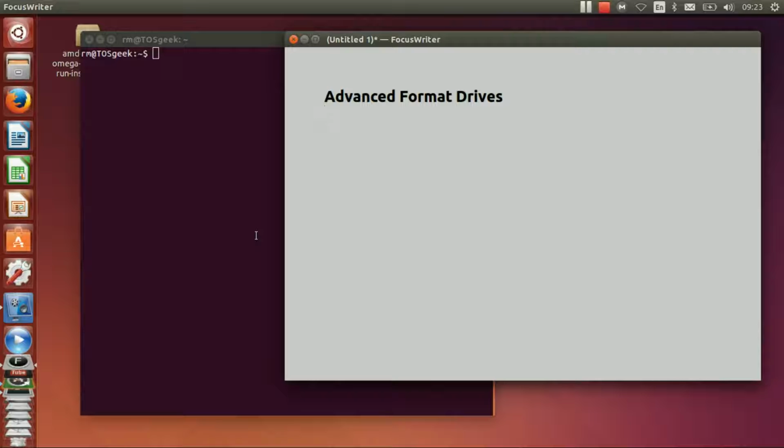The reason I wanted to look at advanced format drives is I actually went and picked up a Western Digital Black 1 terabyte drive yesterday, and I noticed on the bag it says that advanced format drives require additional installation steps, etc. So I went to the website that's listed there,